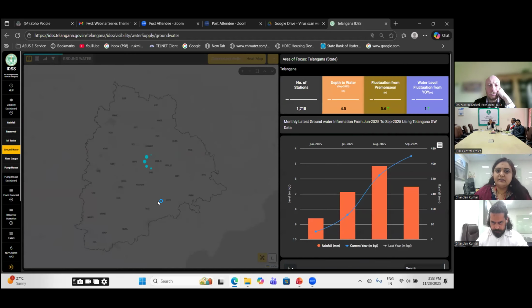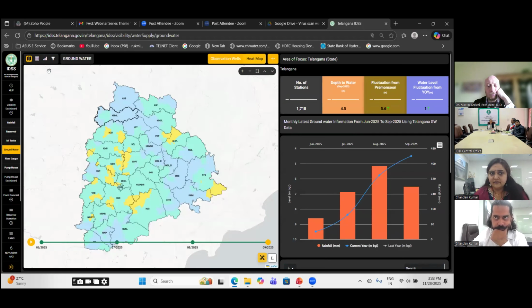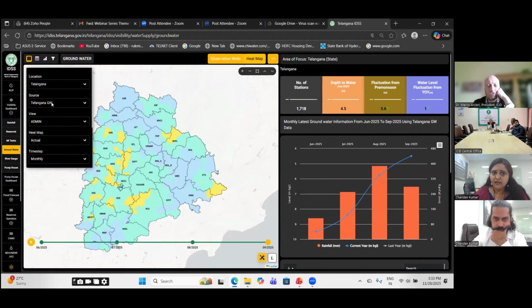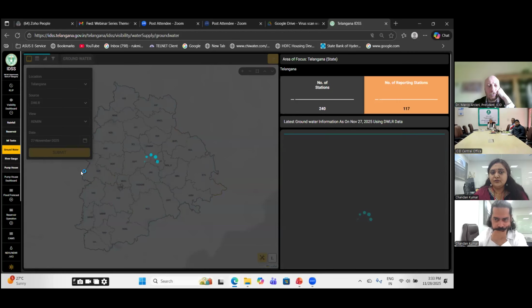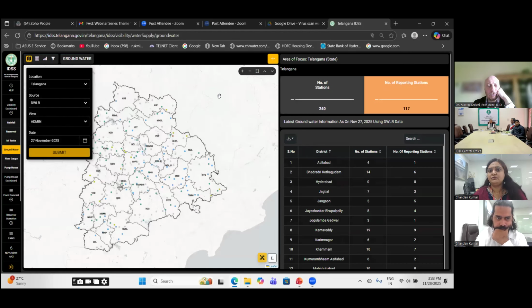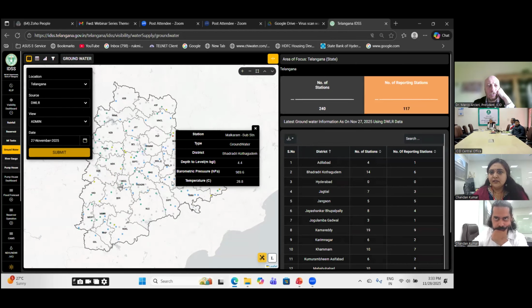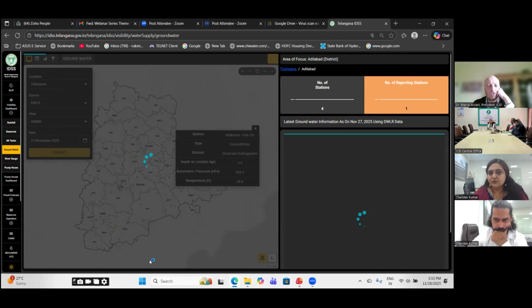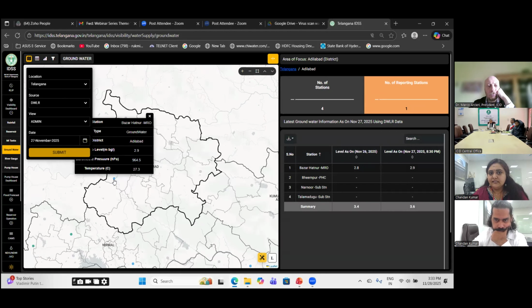Groundwater, we have done a little bit of work not only with the Telangana groundwater, but also with the existing well data, where we have taken the water level sensor data as well as the Telangana groundwater data. Whatever data we have been getting, we are trying to put it over here and analyze it. So this is the well data. Let me go to Adilabad and then we can check